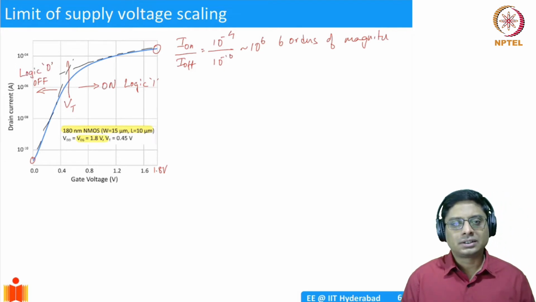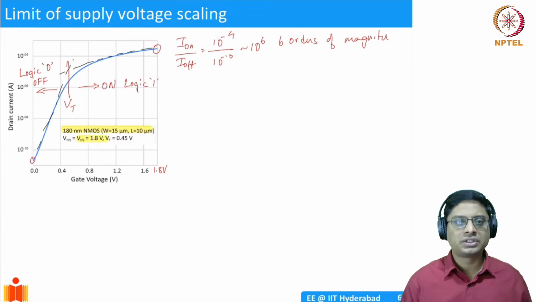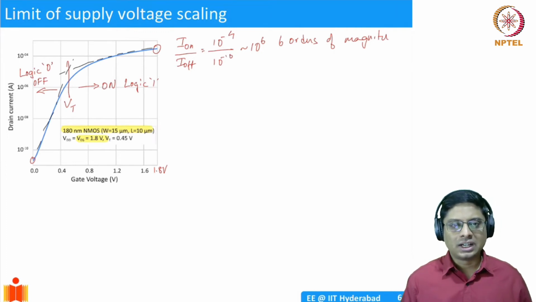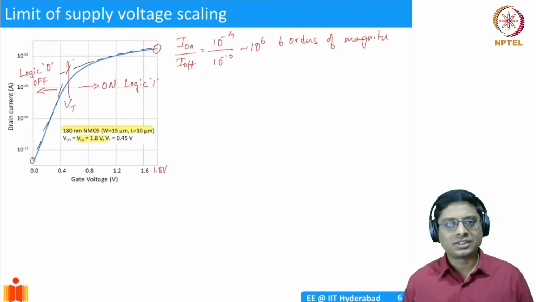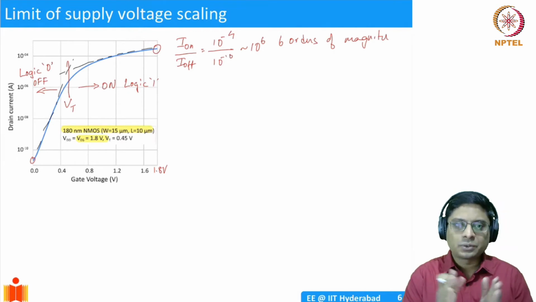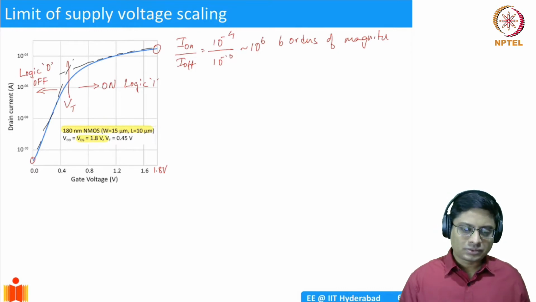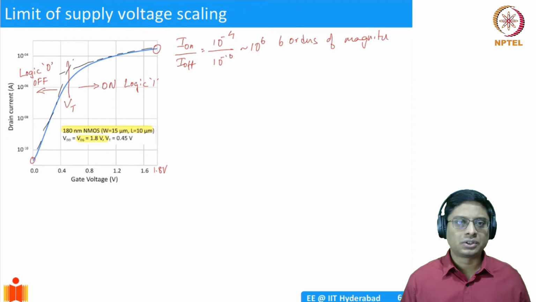And we want sufficient margins so that logic 1 and logic 0 are not mixed up, because we are building chips with billions of transistors, and finally it's all voltages. Maybe one transistor will have 0.8 volts, another might have 0.85, another 0.675, or something like that. When you have various voltages, we want good margin so that the device operation is not incorrect. Because if any circuit computes the value incorrectly, then there's no use of having a computer. We need that reliability. So we make sure that there is sufficient margin.